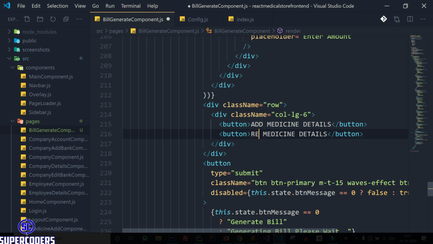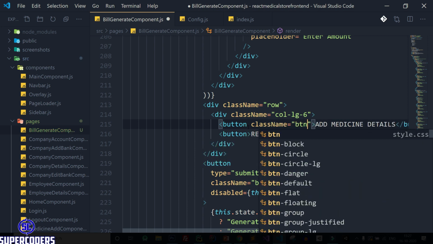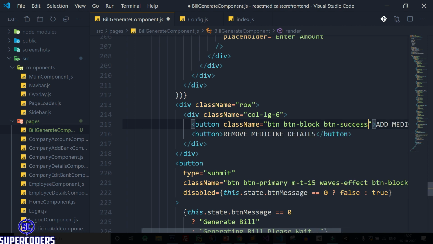Remove medicine details, class name equal to button, button block, button success. Just copy it and paste it here.